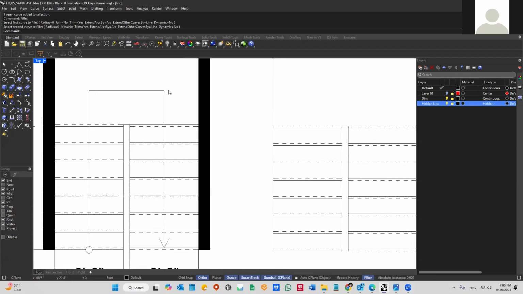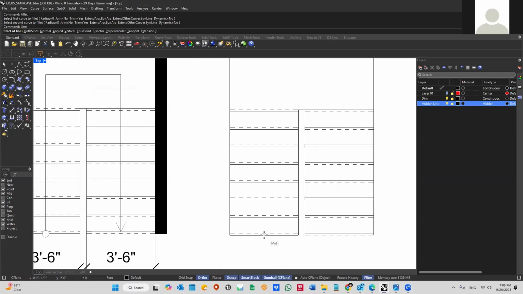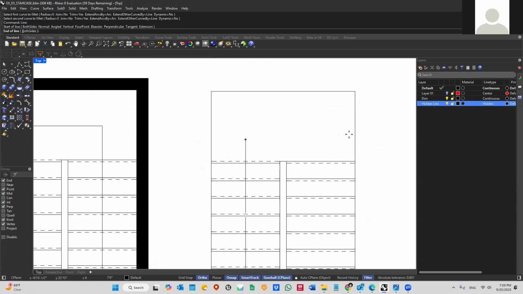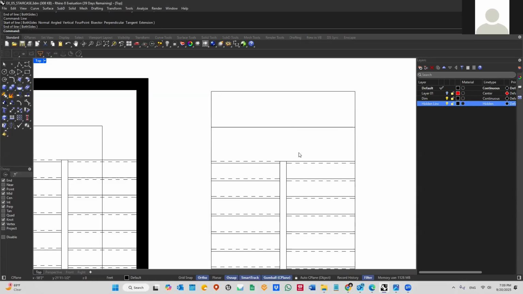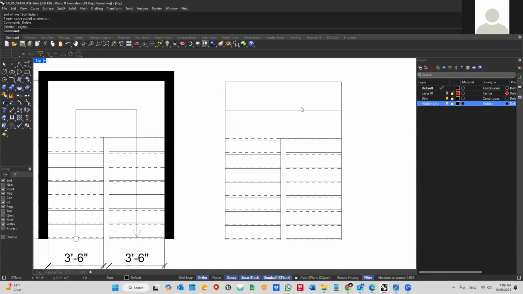And then from here, from the landing, we're rising up to the next level. So I am going to draw one line from the middle of the steps, from here, as you see, and draw one line to the middle of the landing. So I'm just going to first find out where the landing is going to be here, right? Even you can say, okay, you can offset from here to here and find the landing mid,